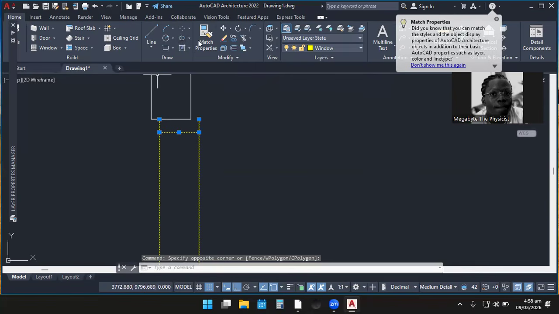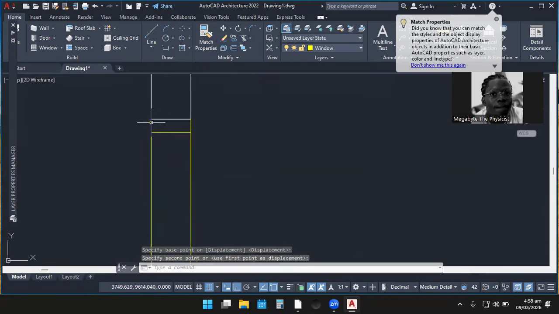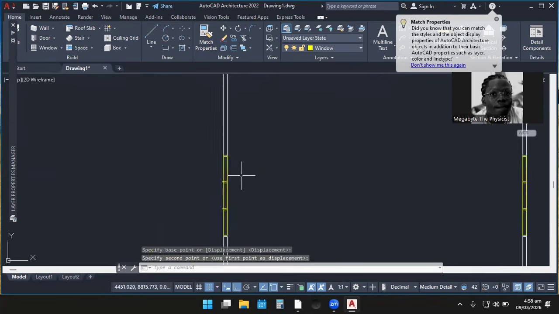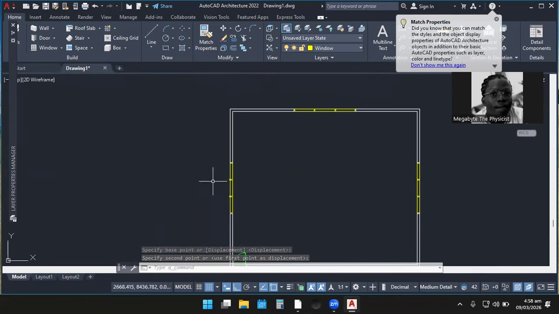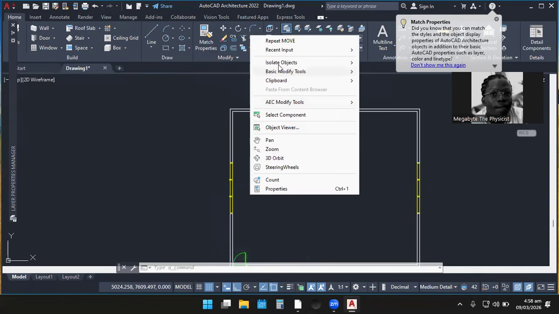Okay, so let's move this white wall. So I think for now it has fit. Okay, so let's do a couple of editings and we are good to go.